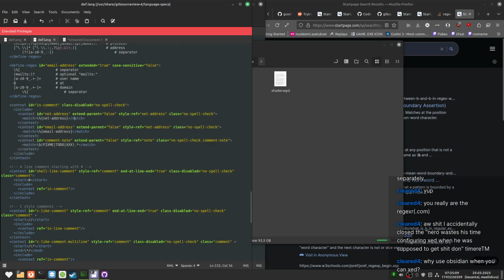Also, I gotta copy the file path into my notes. There we go.